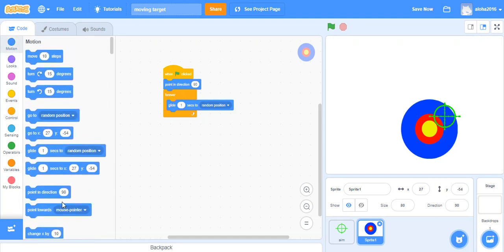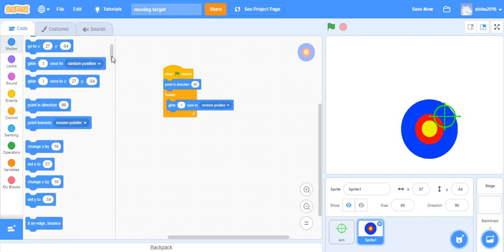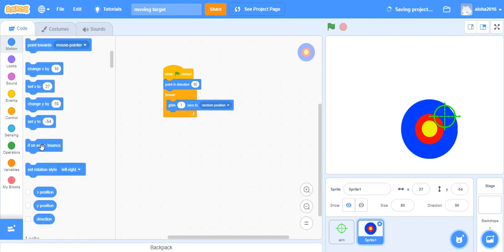If we don't want it to move all over the place, or maybe you don't need to do this thing, but if you want to, just follow the steps, then this is alright. You don't really need to do this step, but it just makes it clearer to understand. Do the set rotation style left-right. Now why did we do left-right, you may be wondering. Well, this is because we don't want it to be just going round and round and round and round. It's quite a silly thing to think of. Your thing moves in right, your thing moves in right, your thing moves in left, right, and it's all randomized